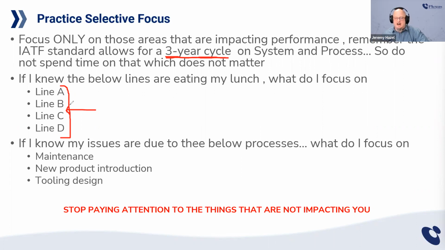Any line that is not those. Okay? So many times we think about auditing every line on every shift within every, what is eating your lunch? The way I look at it, it's like triage. If you can't stop the bleeding, you'll never make it back to solve the infection. So the way that it should work, stop trying to boil the ocean, practice selective focus, and mercilessly go after the lines that are eating your lunch, and then worry about the other stuff once you've triaged those.